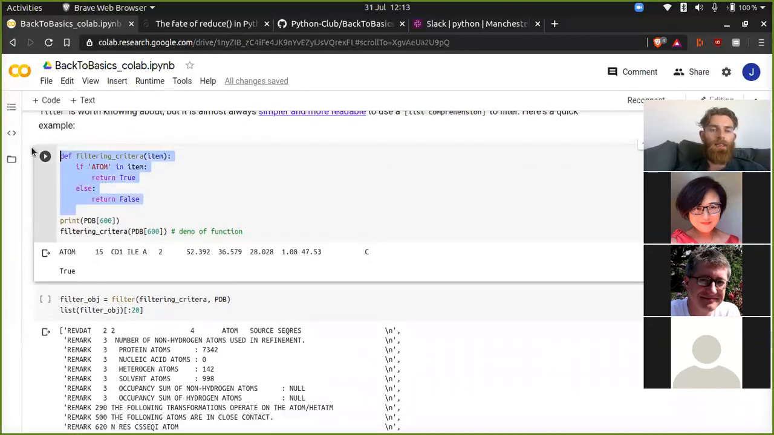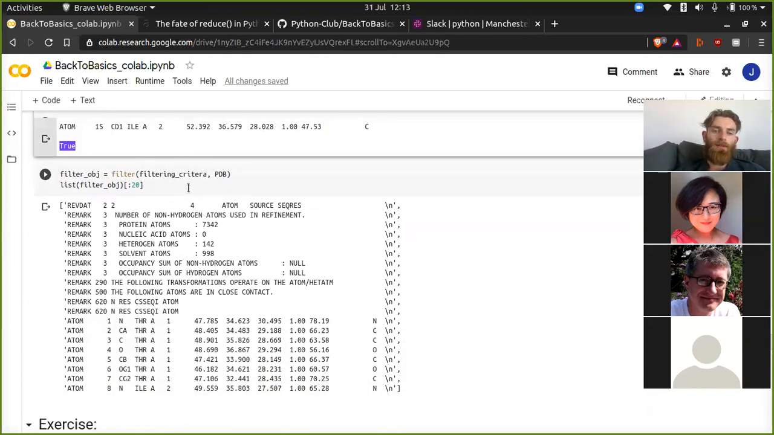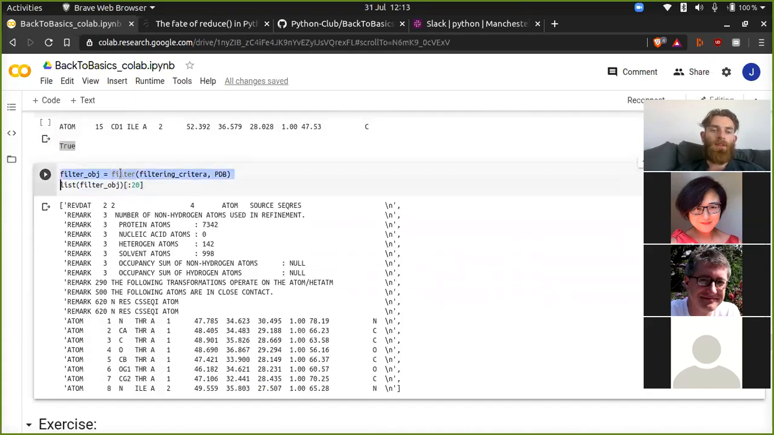So initially we create a function that returns true or false if atom is in this list item, and we test it out at the bottom here on the 600th line of the PDB file. So we print it here, and we can see that it does contain atom at the beginning, and the result of the function printed below is true. So applying this in the filter context,